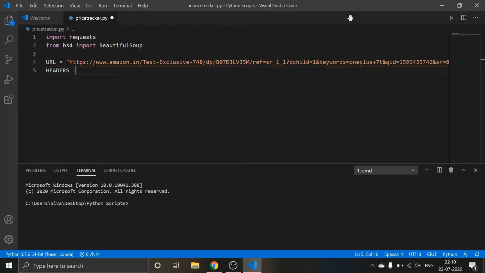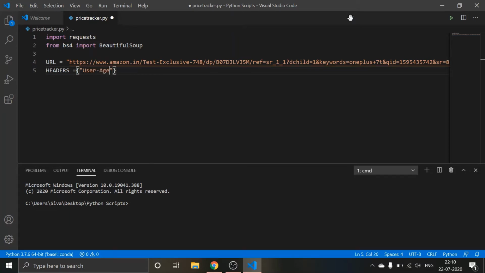To create a dictionary I need curly braces, and we all remember that in a dictionary we give a key and value pair. The key here can be anything. I'm using a string, my user agent, let me keep it in small letters first.